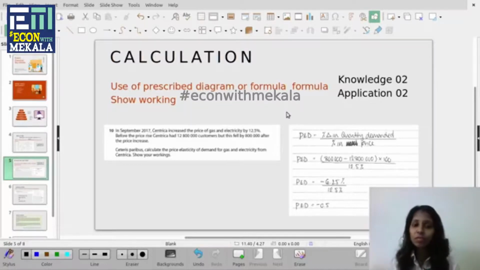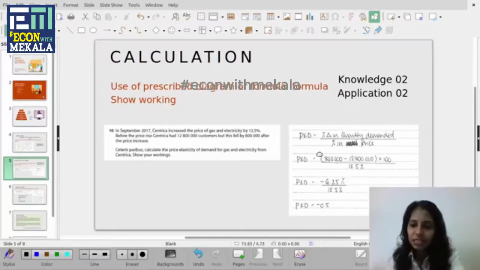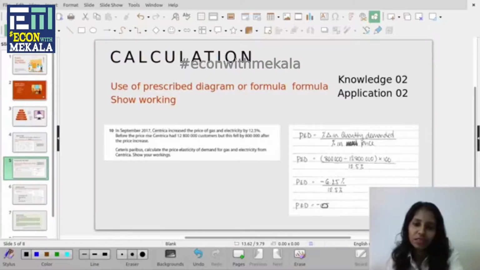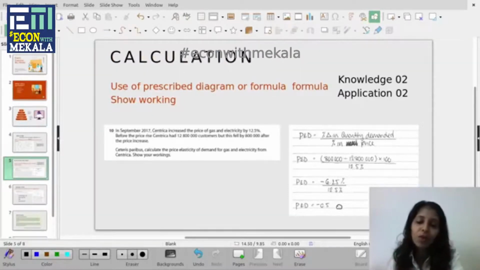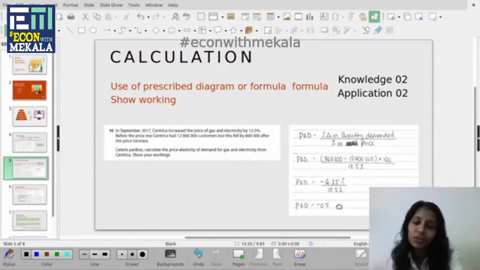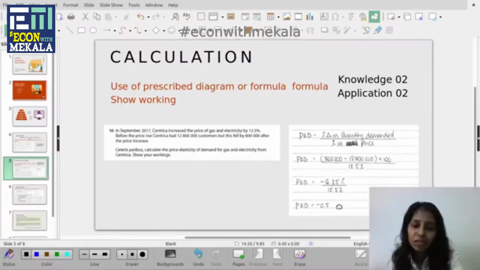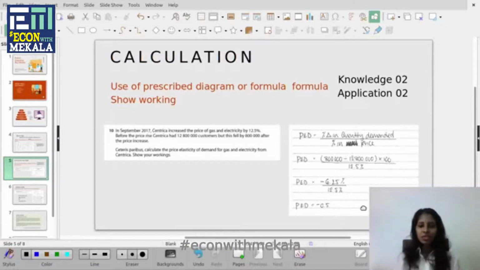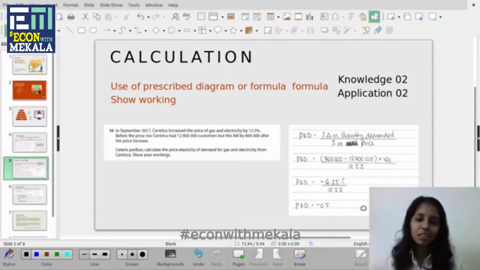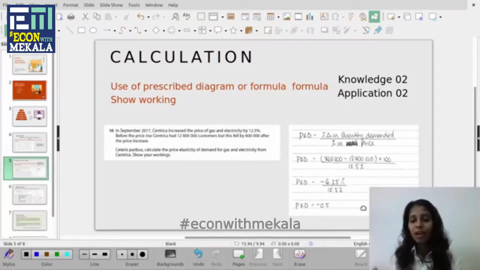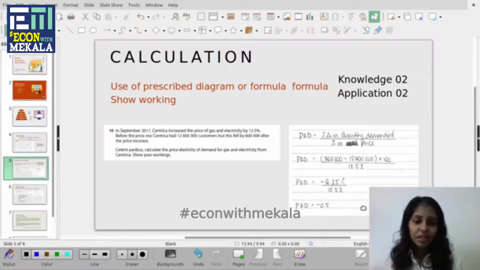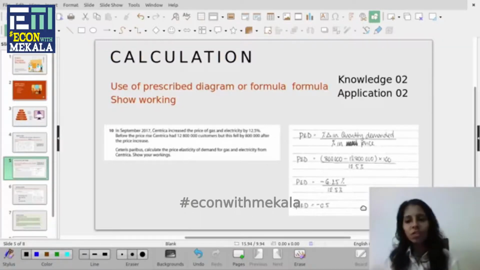Now, a very common mistake students make is that they just apply this equation and show no workings, only the final answer. If you do not show the math, how you found this answer, you lose marks. So remember, mostly application 2 marks will be given if you have done your workings here and got the correct answer. Because sometimes students do the math correctly, but when it comes to the final answer they make silly mistakes. But if you have demonstrated your calculation workings, you can still score 1 mark.